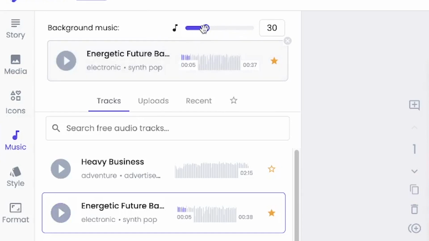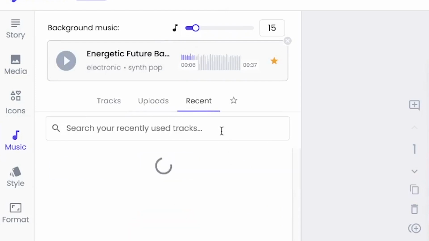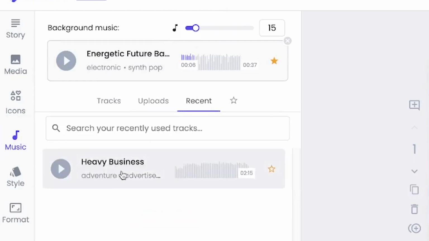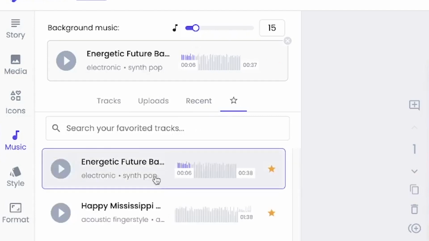And I think it's a bit louder, so let's take it to like 15. Okay, so let's say later on we'll confirm this and see, because we're going to add some. So if you have a background music that you have saved somewhere, you can always upload also from here. You can upload your music, or if you have starred anyone or recently used, the ones you've recently used, you can find them here,